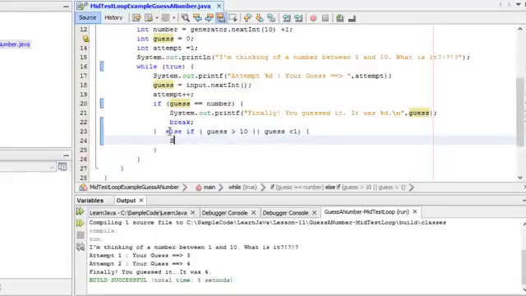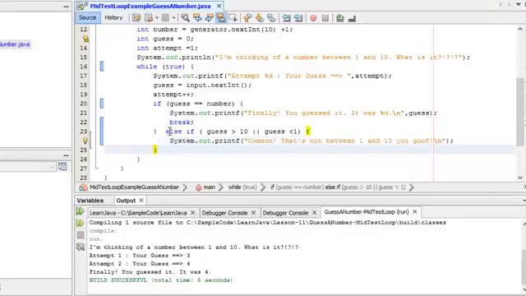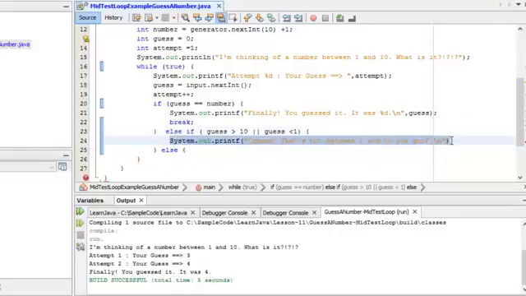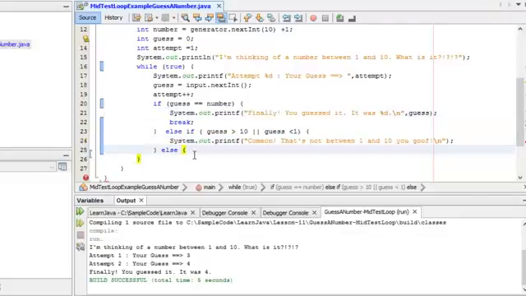Let me print out something like, come on, that's not between 1 and 10, you goof. And then let me finally add an else. So let's think about this for a minute. If the number's not between 1 and 10, I'm going to print this out. If the number is the guess, I'm going to do this and I'm going to quit. If I fall down to this else, then I have this condition where it's a number, but it's not the right number. So maybe I want to say,